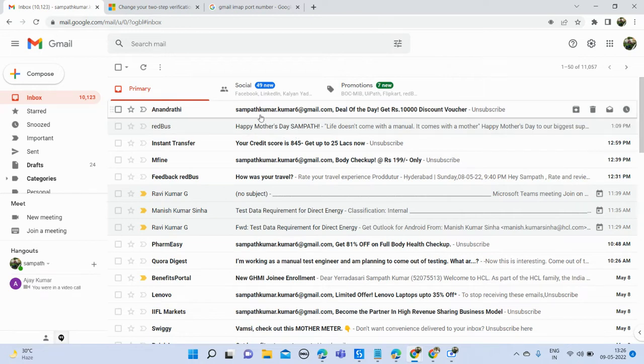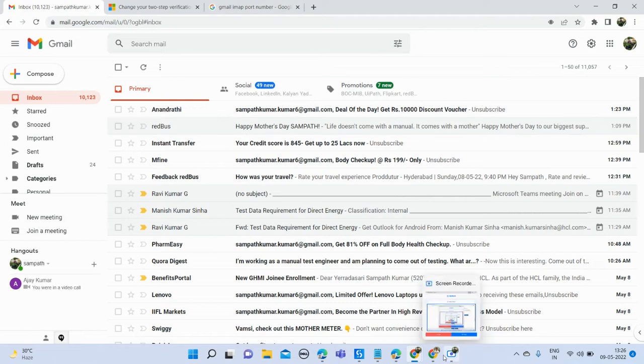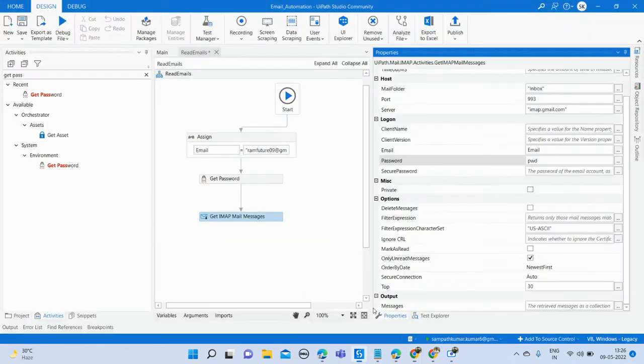If it is a new email, you can see like this. If it is an already read email, you can see like this. The same way a human being does it, the same activity is going to be done by the bot itself. So by using this method, if you want to read only the unread emails,